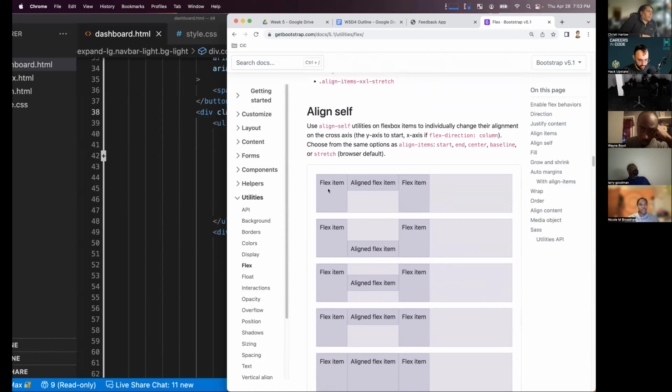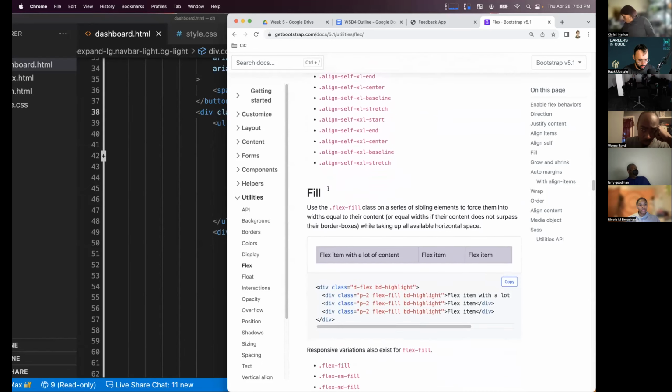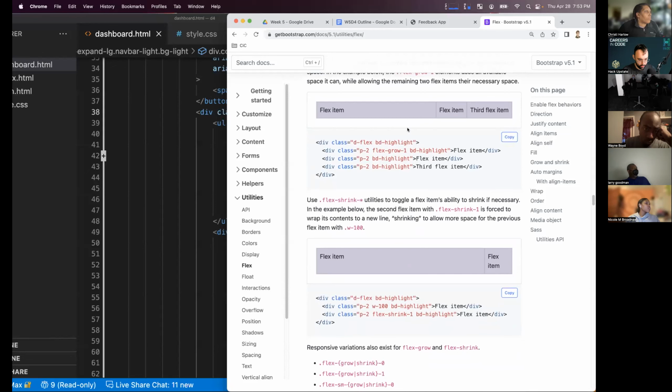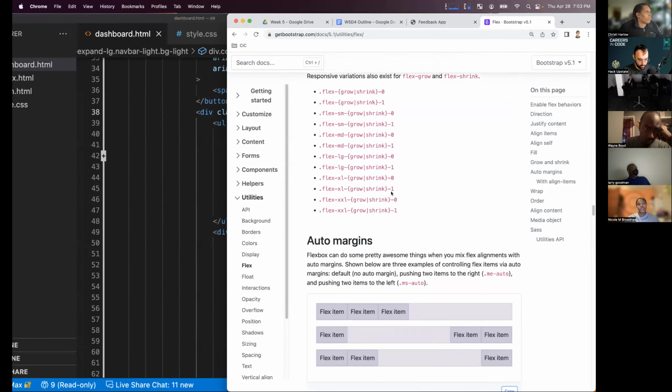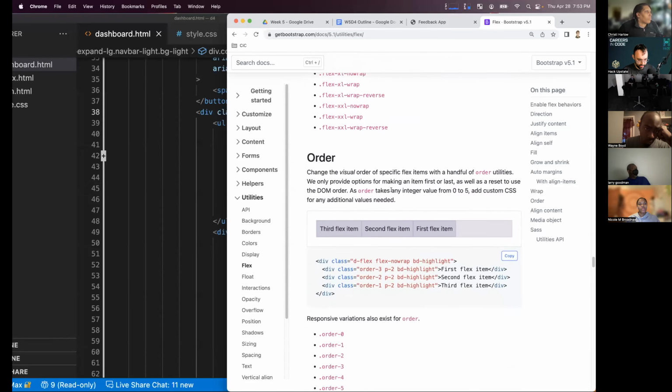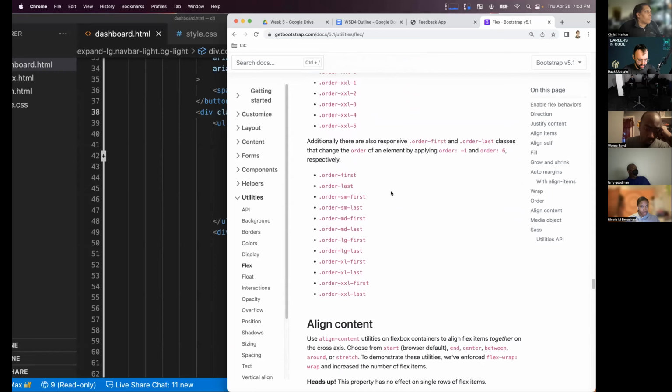There's a way to that's interesting. There's a flex fill that we could try and get to work. It's also a flex grow. I was hoping that there was a